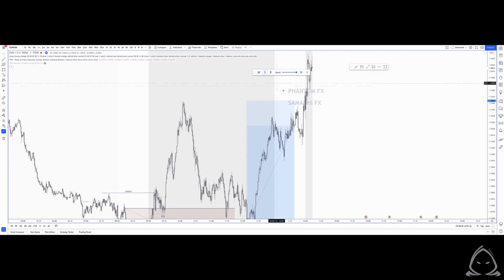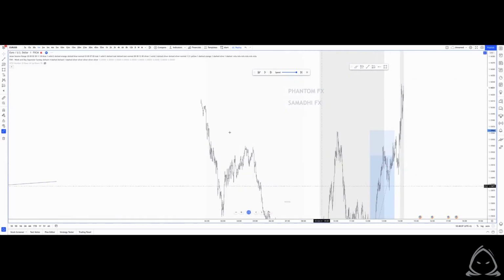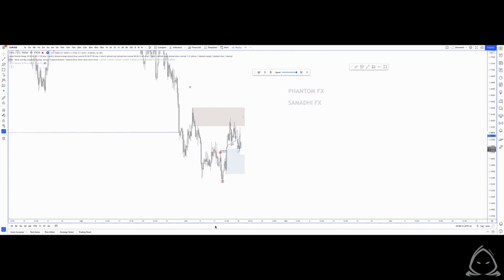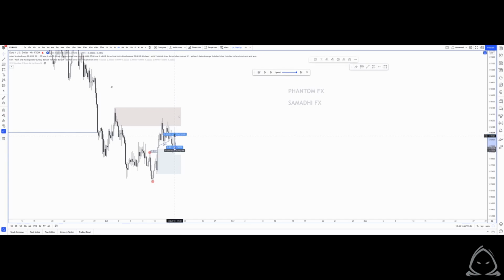TP is reached. And the last target, as I said earlier, was, for me at least, the swing target, this one. Below this huge unbalance, and